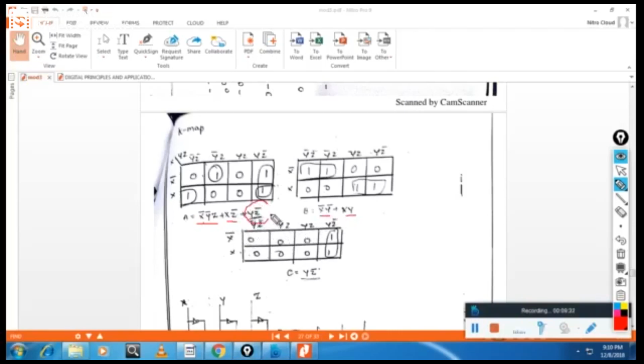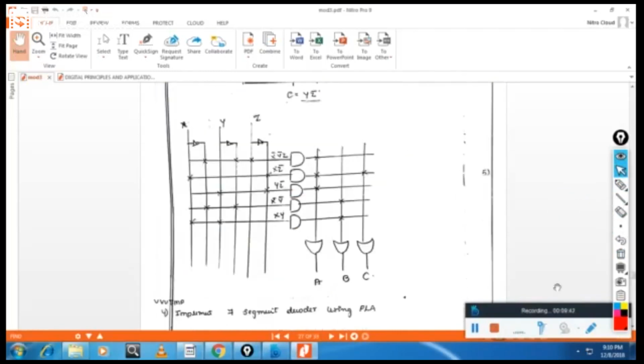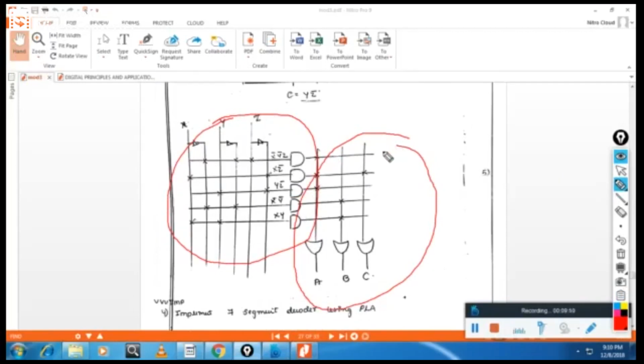Fifth term is common. 5 AND gates are required. And to implement these 3 functions, 3 OR gates are required. So input is fed to the AND array, output is fed to the OR array, and we are implementing the function by using AND array and OR array.